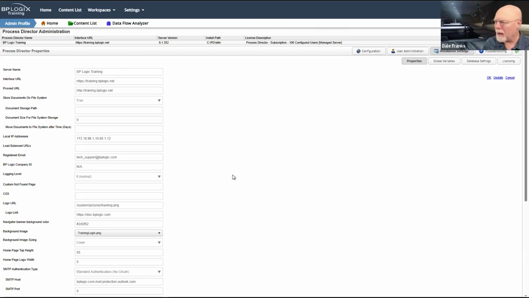There's also a bug that we are going to have to fix. And as I pointed out a second ago, we have these logos up here. These are the custom logos that you can set. As you can see, here's the logo URL right here. It's been uploaded into the custom/pictures folder of my installation. And so for both training and documentation, I've created a unique logo, which is really great right up until the point that you